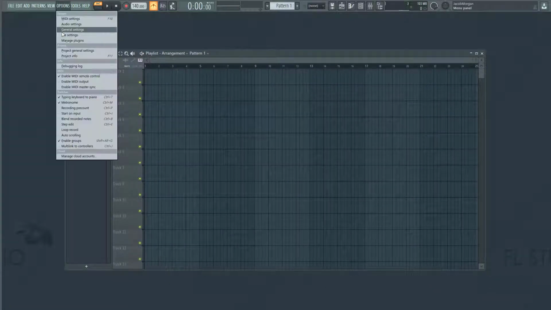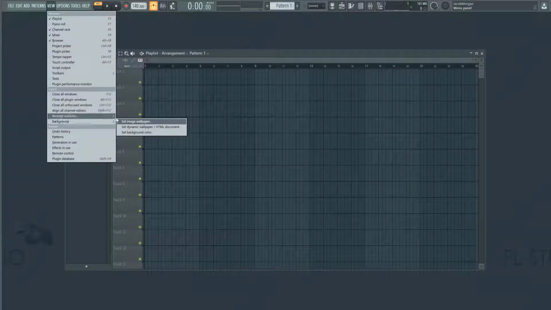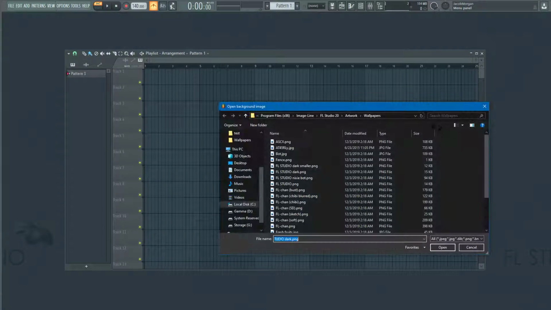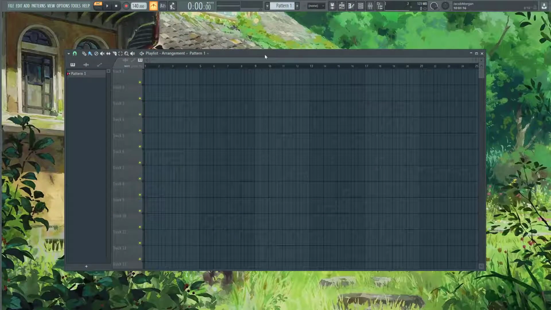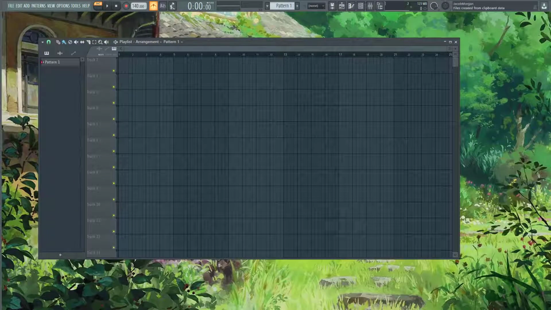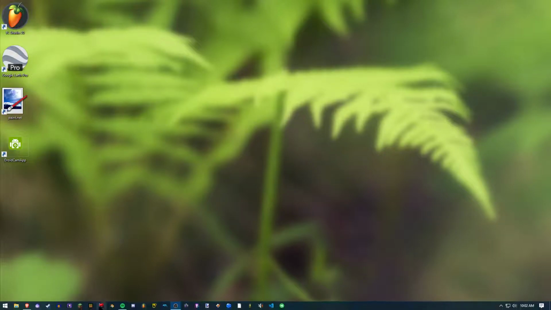If you notice, you just need to copy your wallpaper that you want, and you need to put it into this folder, this Program Files (x86) Image-Line FL Studio Wallpapers, and it needs to go in here. So I copied that original image and I put it in here. Here it is. Now when I close FL Studio, then I open it back up,